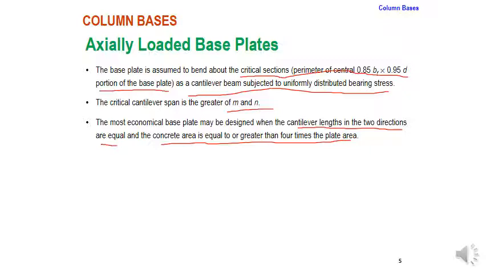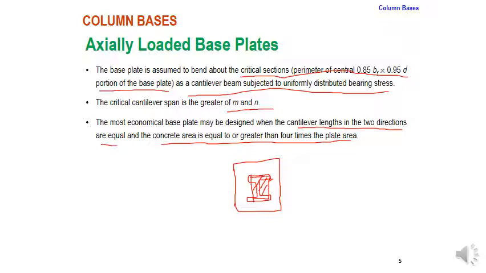So what does this cantilever length mean, and what is the concept? That's very obvious. Again and again I need to draw this diagram. So you have the supported part. If you leave the supported part equal to 0.85 BF parallel to the flange and 0.95 D, this area, if you spare this area in between as the supported area, then the rest of the area is going to act as a cantilever beam.